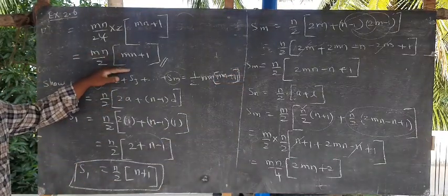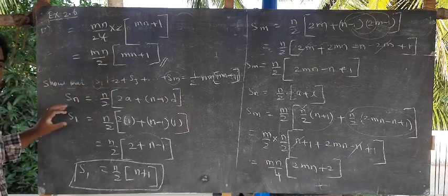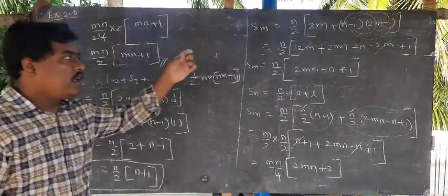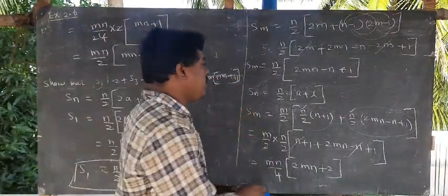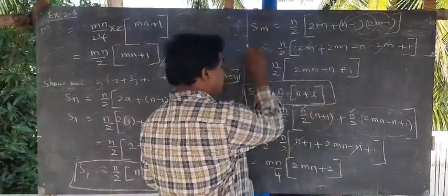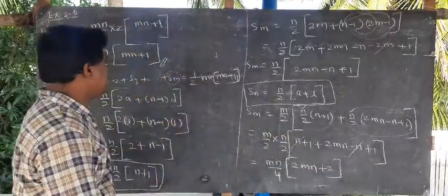This is very important, a 5 mark question. So by the given series we need to find S1, and then the last term is Sm, and then we apply the formula for finding the sum of the series. We need to put the formula and apply, we get the answer, right?